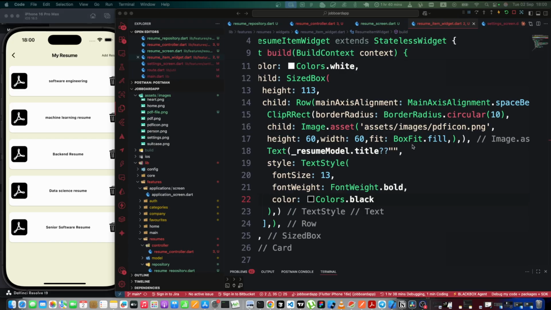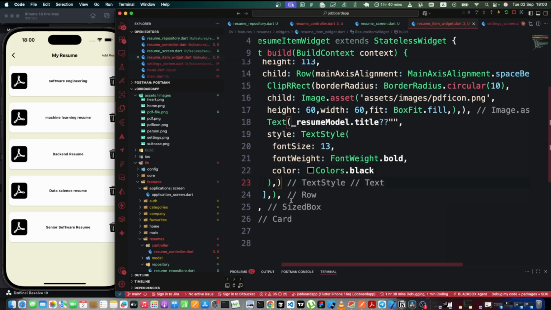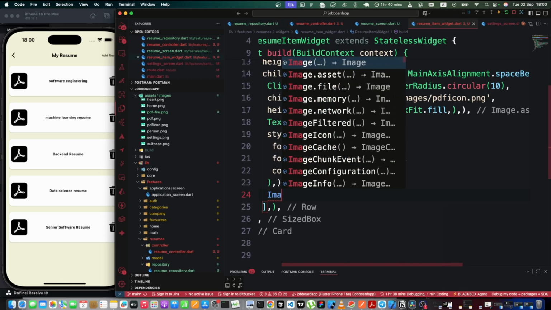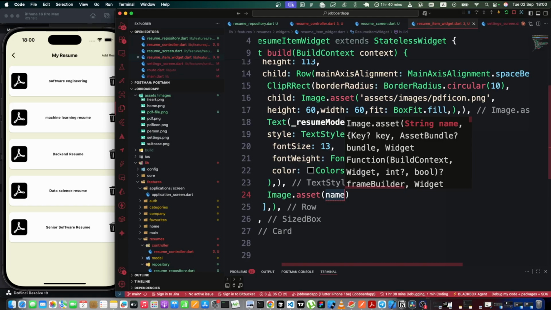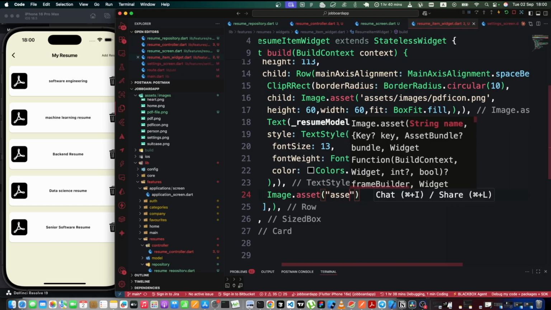And then now we simply have another icon, right? We simply have another icon. So that icon is going to be an Image.asset, then assets,